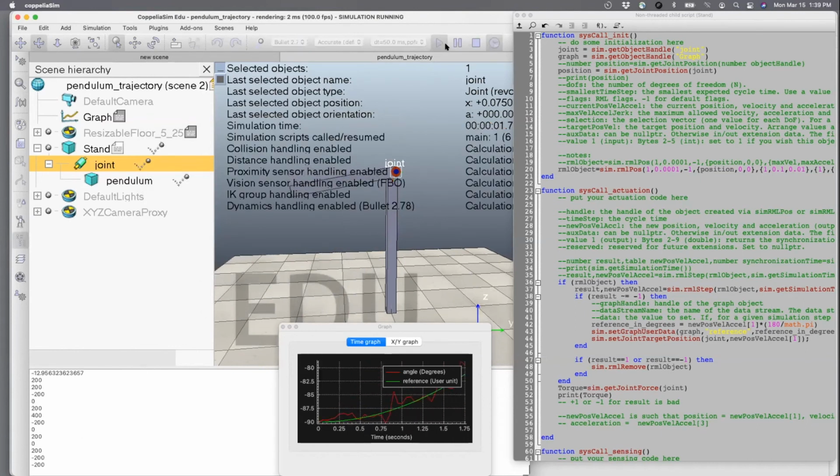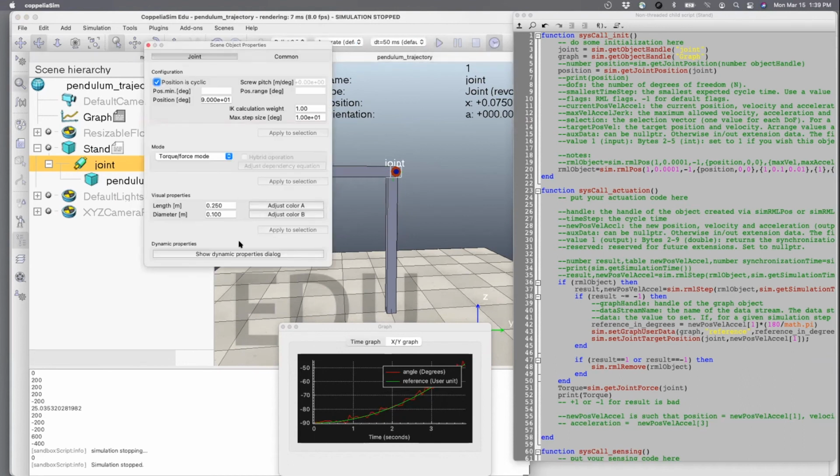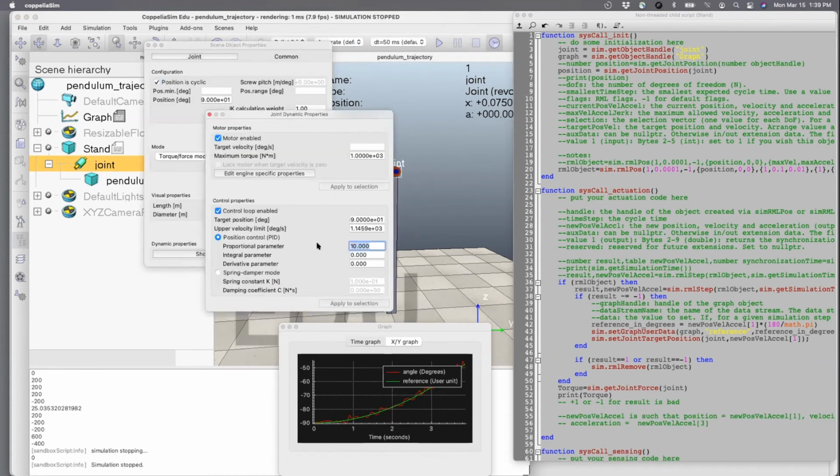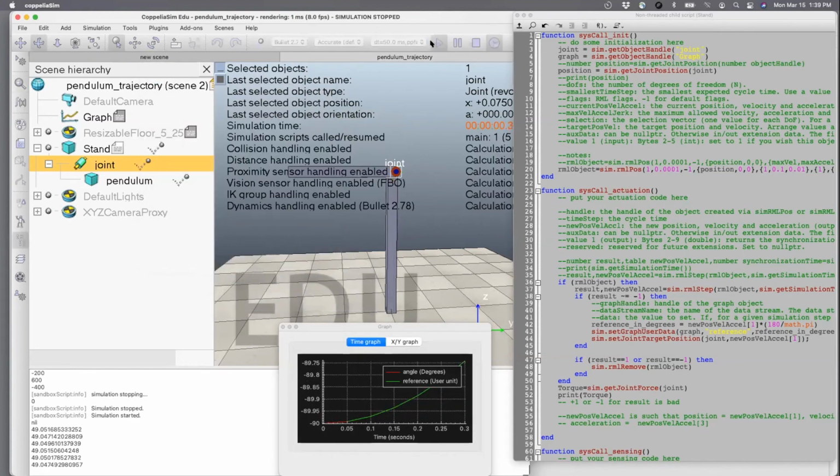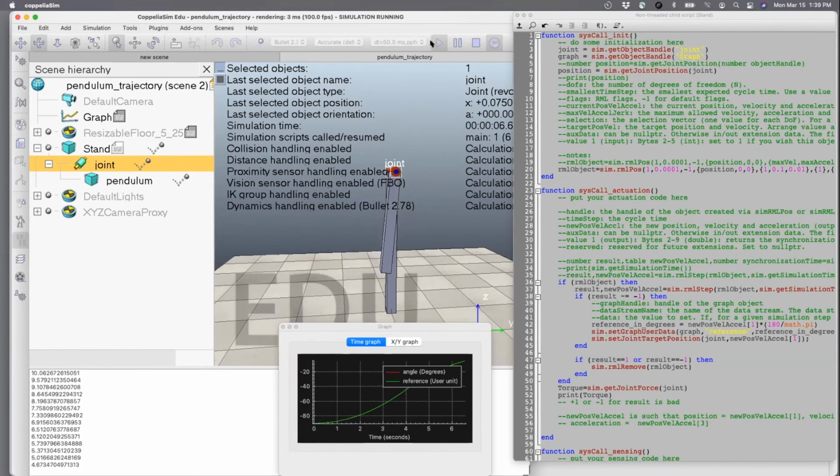Okay, so 10 is not good. Try 1. It's a little better. The right way to do this is actually to plot the error, which can be plotted as a user-defined variable. Okay, I'll stop. So the next